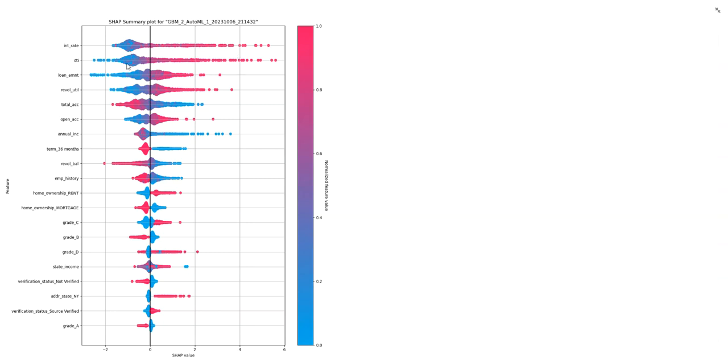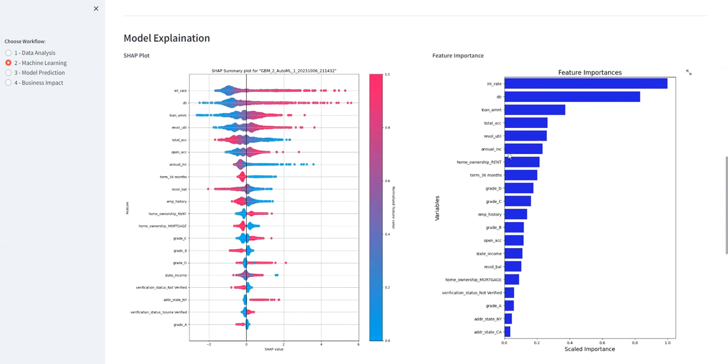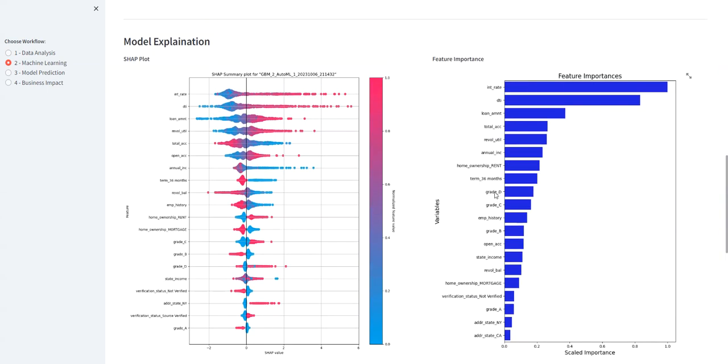We see that chart, and you can see higher debt to income definitely leads to more loan default, and a higher loan amount also leads to loan default, and higher revolving utilization will also lead to loan default. So everything makes sense, right? Makes business sense. And you can see the right hand side is where you have the feature importance, and these are the top 20 features regardless of whether positive or negative. It's just the most important drivers. You can see these two are similar, except that the Shapley plot gives you whether it is a positive driver or negative driver. That is more insight, right?